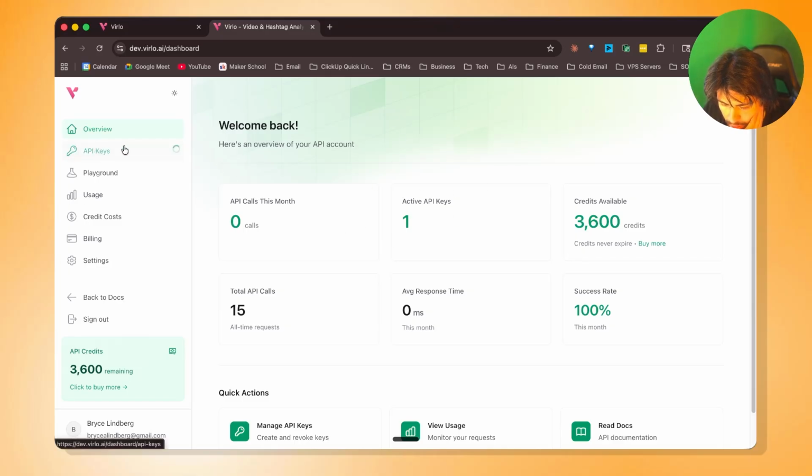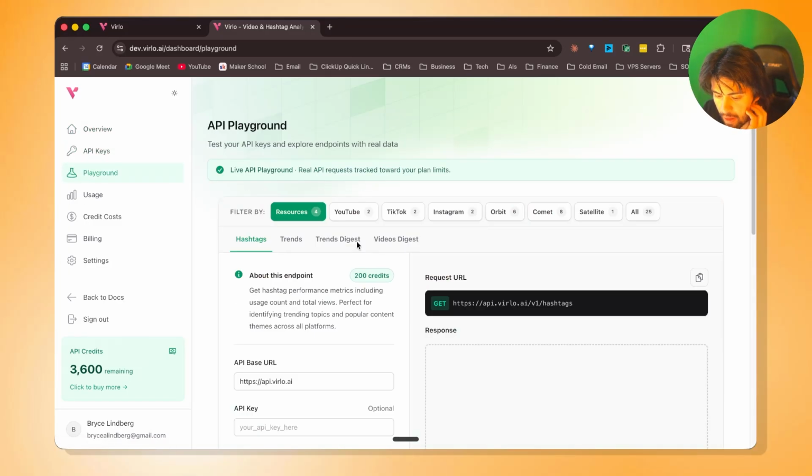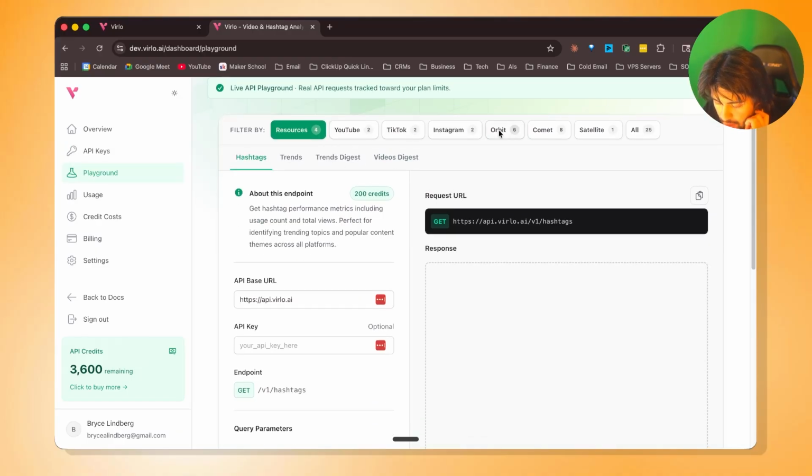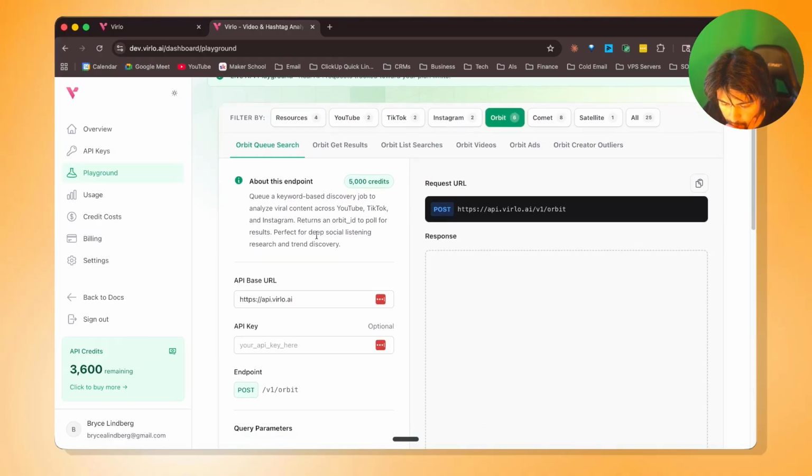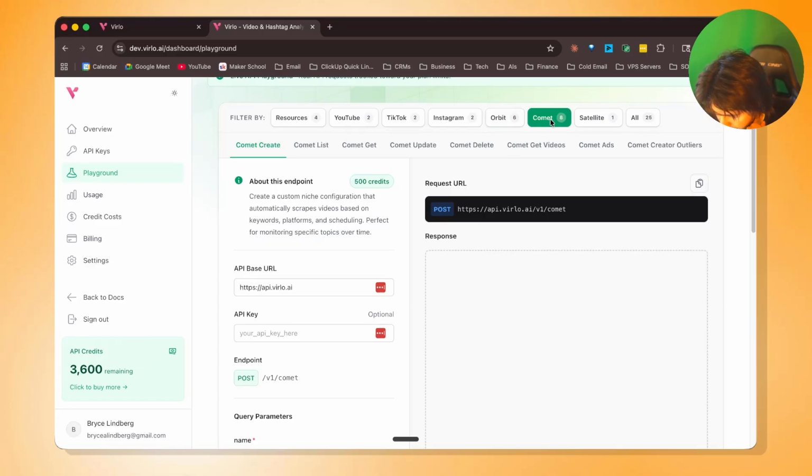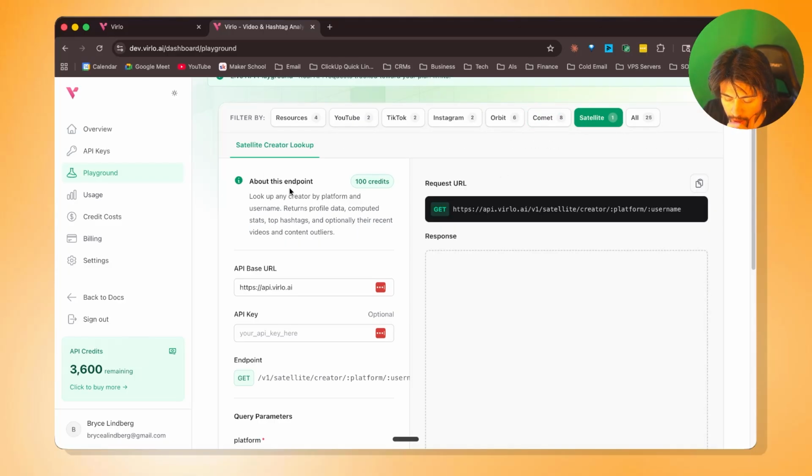And you could go to the playground, kind of see what it does, search YouTube videos, TikTok, Instagram. Orbit is kind of their keyword searcher to basically do deep social listening on research and trend discovery. Comet, I think, does the same thing, but over a time period where it just runs whenever you set the intervals. And then Satellite is